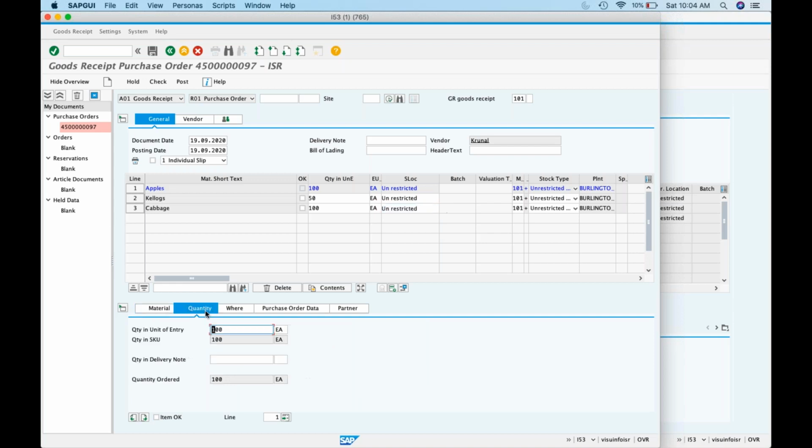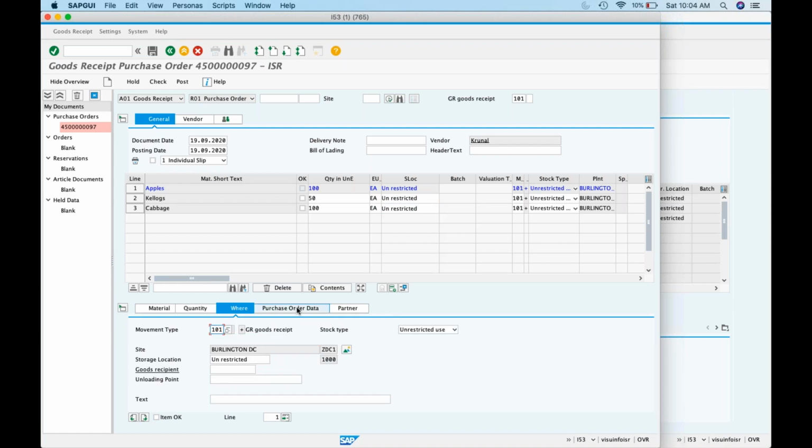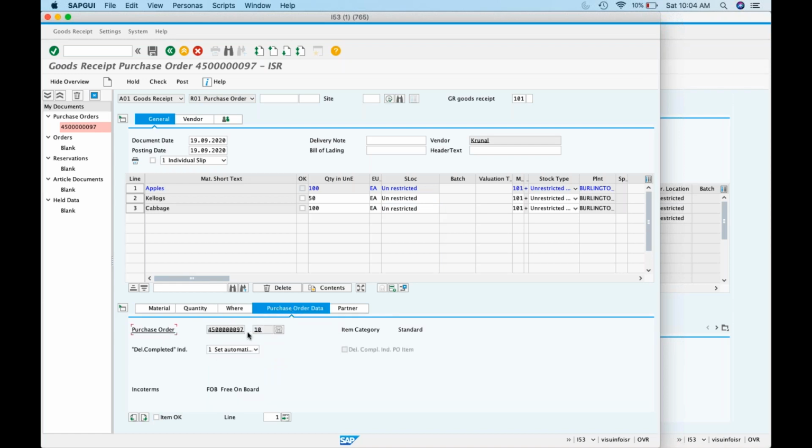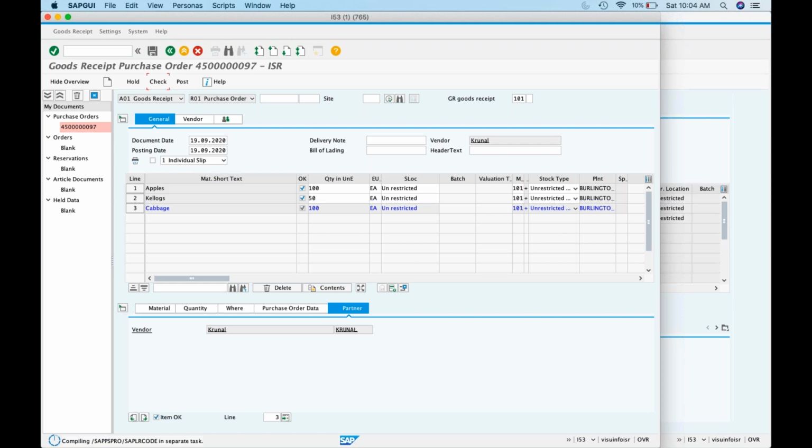Now for the first item, the system says that 100 quantity is delivered. Where has he delivered? What is it against the purchase order? Now I will select. If you have to select this, you have to come back and put all the ticks. Now click on check. The system will say whether this transaction is okay or not. Is there any issue with posting this document or not?